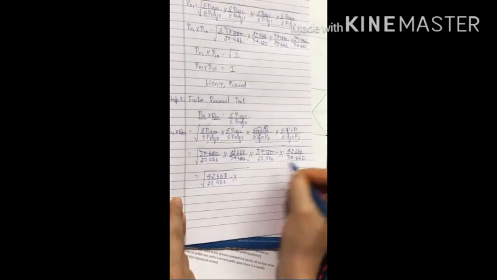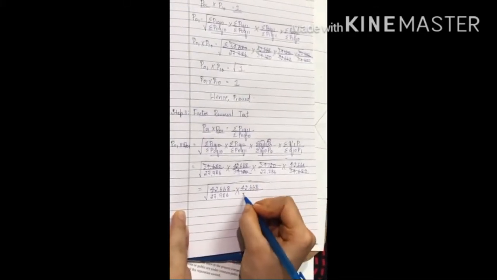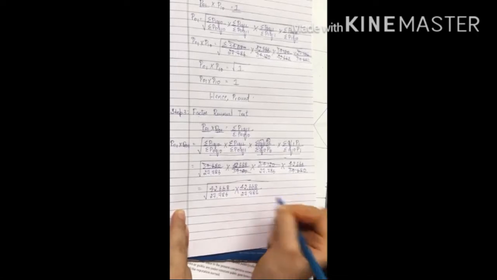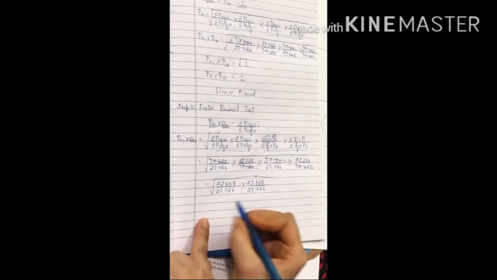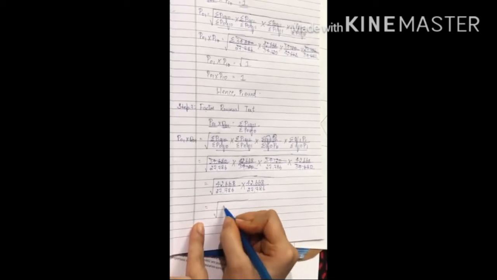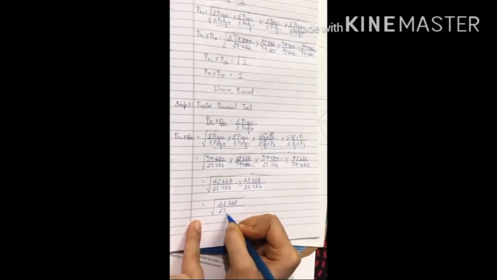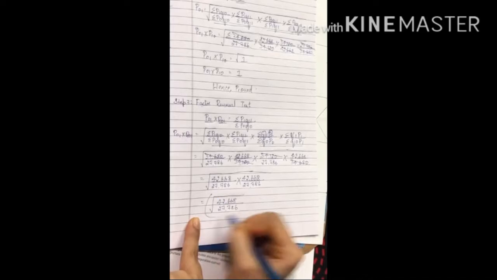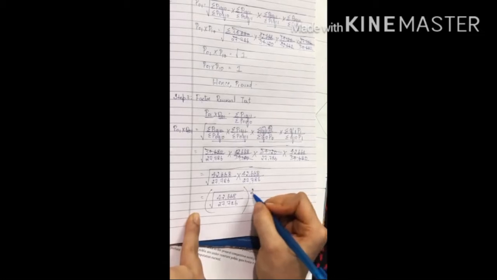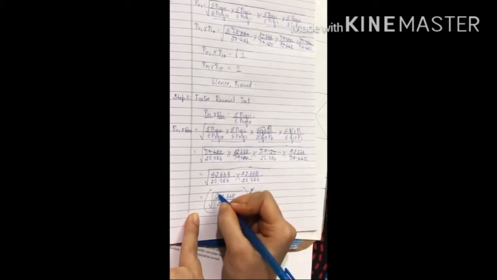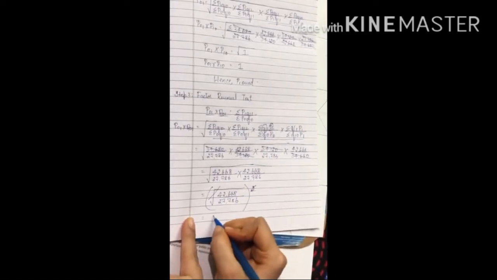27,786 into again 42,668 divided by 27,786. Since the same values are there in numerator and denominator, it doesn't cancel. For the purpose of simplification, I am writing it like this: 42,668 divided by 27,786 the whole square, because it's the same value. I am writing it like this. When you are writing to the power of 2 and the root, both mean one and the same, so it gets cancelled. So what is remaining?